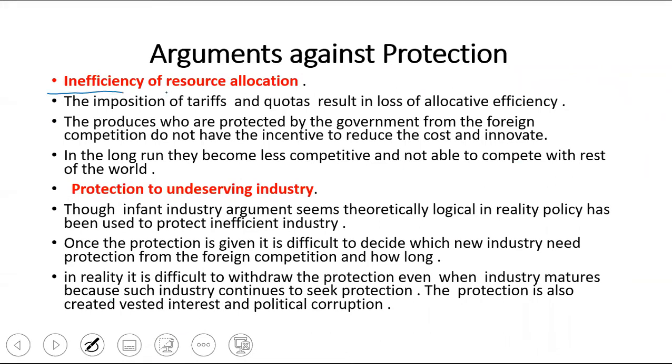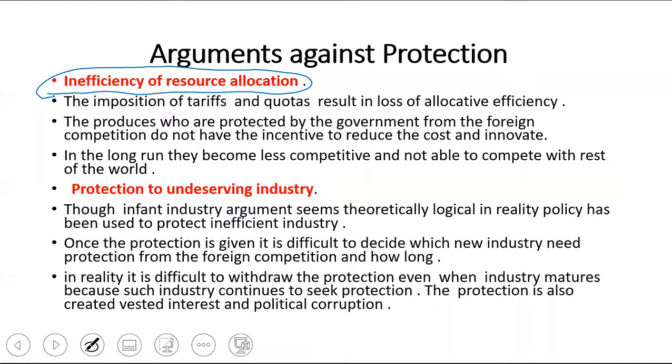First one, inefficiency of resource allocation. Okay. What do you mean by inefficiency of resource allocation? Protection का सबसे defect ये है कि resource allocate करने का time nobody is bothering about the efficiency. मतलब इंडिया को क्या प्रोड्यूस करना चाहिए, कितना क्वांटिटी करना चाहिए. There is no question of finding out the requirement, because government will impose the custom duty, automatically imports will be reduced. ऐसा होना नहीं चाहिए.